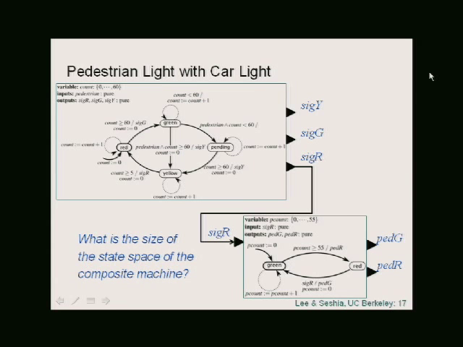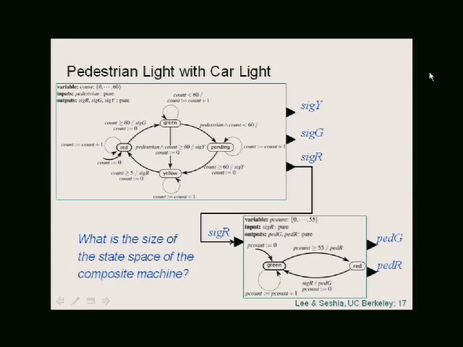Now, remember that the state of the combined system is going to be, if the car is A and the pedestrian is B, the cross product of the set of states of A and the set of states of B. So what does that mean for the combined system? The state space is going to be the product of these two, right? So that's certainly an upper bound on the size of the state space. So it's going to be 8 times 61 times 56,